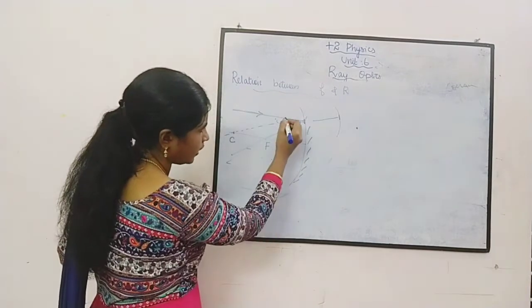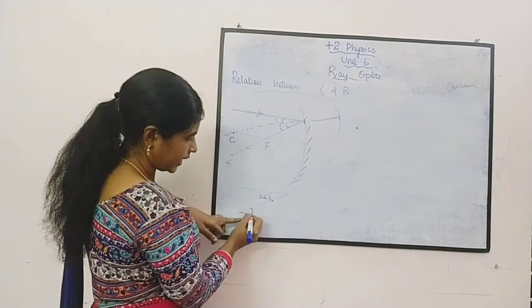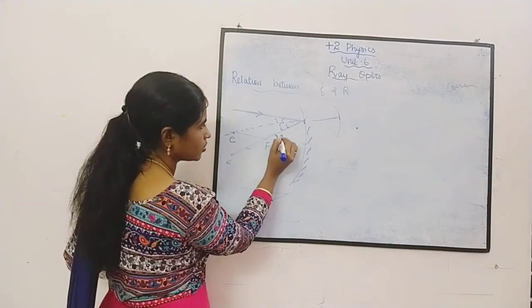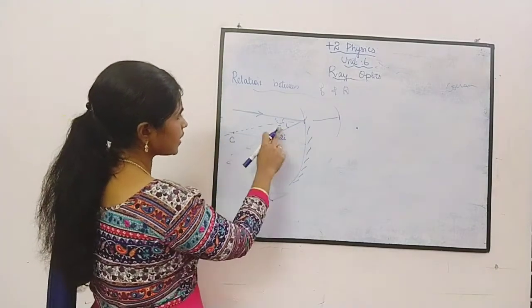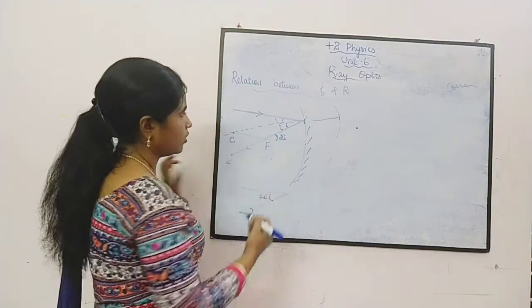Okay. So totally this angle is what? I plus I, 2I. So definitely this angle will become 2I. Okay. So this angle I will get it as 2I. Similarly, when this angle is I, okay, you can see that,